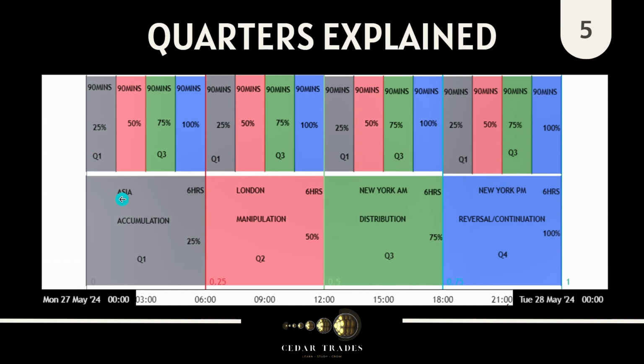So that is that here. This is simply 25% of the day, which is 6 hours, because a day will always be 24 hours. So if you are chopping it up, it's going to be 6 hours times 4, and you actually find the 4 quarters of the day. So it'll be your accumulation, your manipulation, your distribution, your continuation or reversal in the